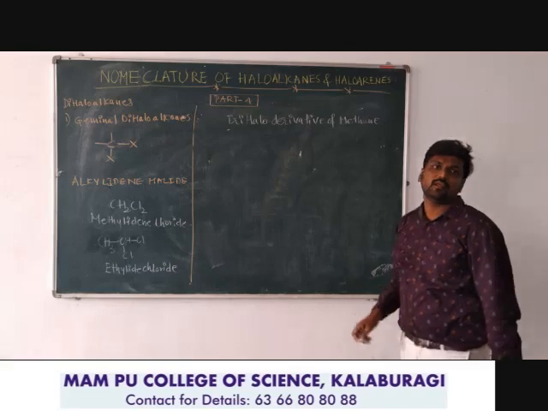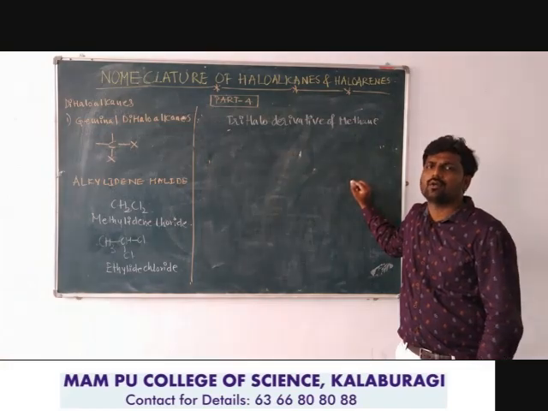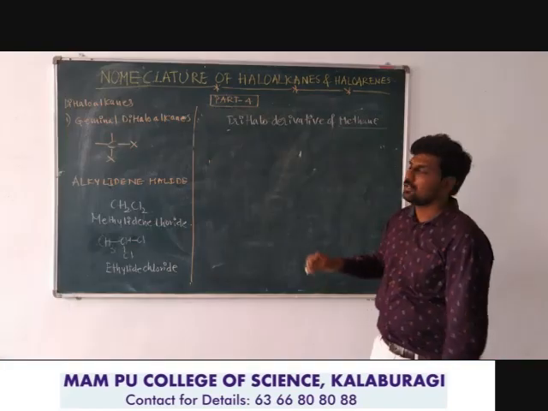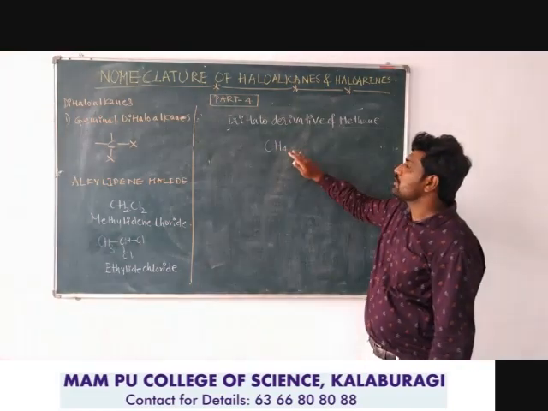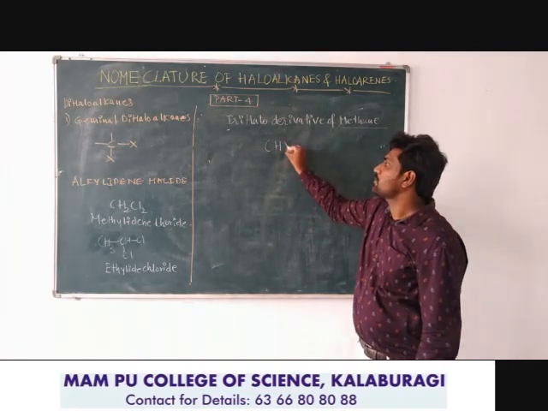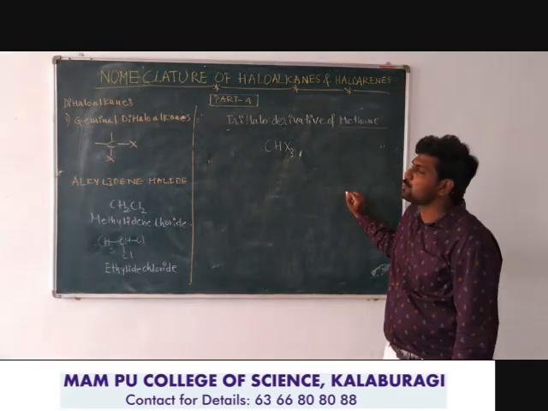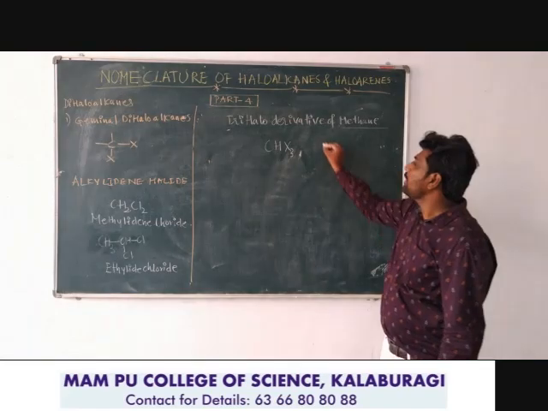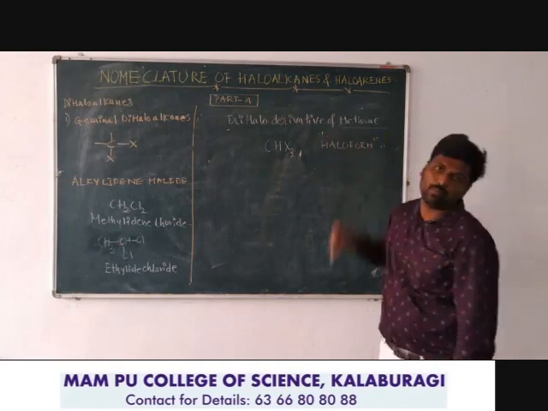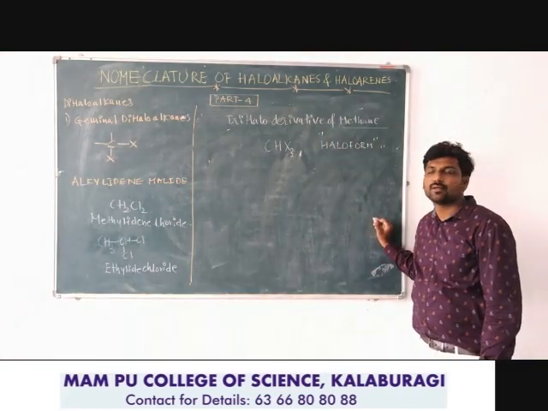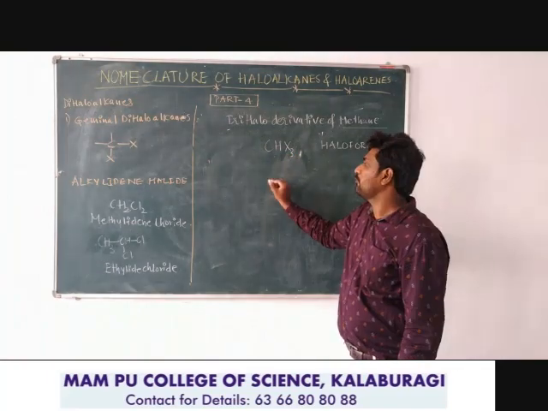Only the trihalo derivative of methane can be written with the common name according to the common system. Methane means one carbon atom containing four hydrogen atoms. Out of these four hydrogen atoms, three are replaced with similar halogens, then the formula will be CHX3. This molecular formula CHX3 can be named as haloform according to the common system. Halo means halogen atoms, three similar halogen atoms bonded to the same carbon atom of methane.